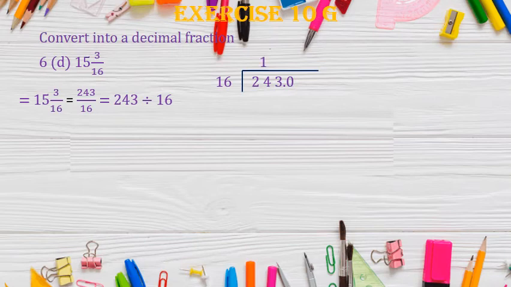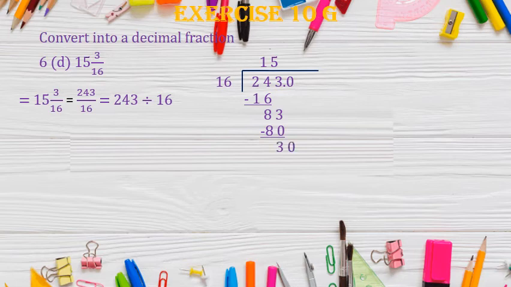So children, first of all, we will take 2 digits in the dividend, that is 24, and we divide 24 by 16. So 16 ones are 16. Now let's subtract 16 from 24. We get the remainder as 8, and then we will carry down 3 and our number becomes 83. So now let's divide 83 by 16. 16 5s are 80, right? So in the quotient we will write 5 and 80 subtracted from 83 gives 3 as remainder,